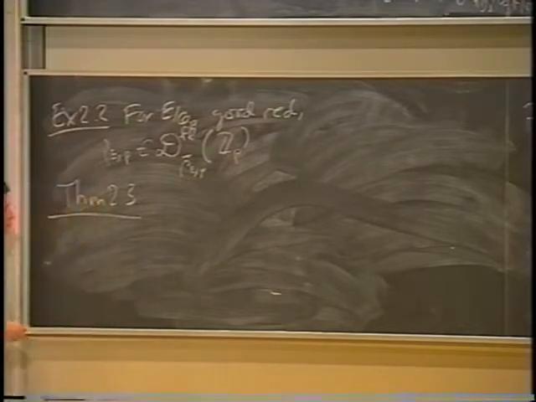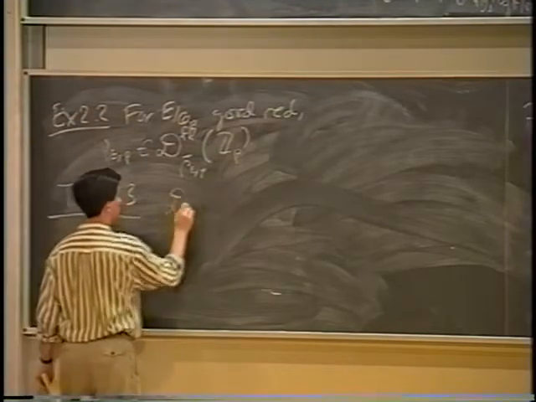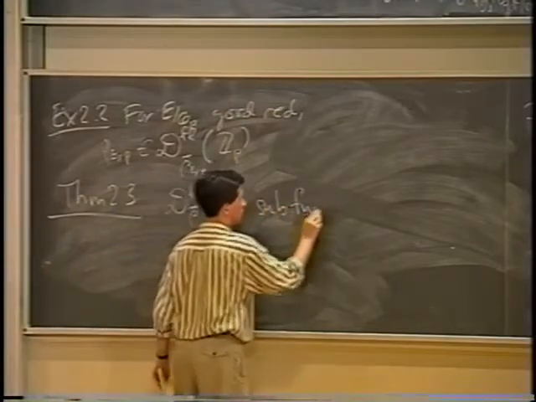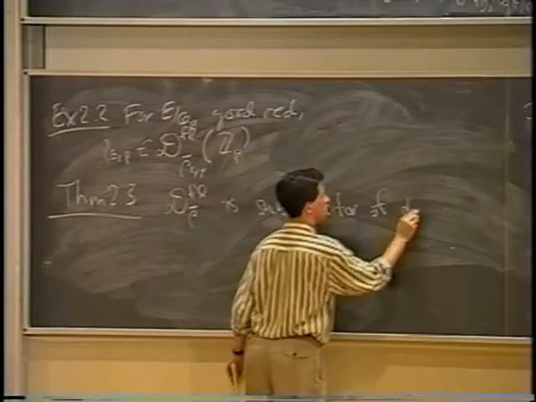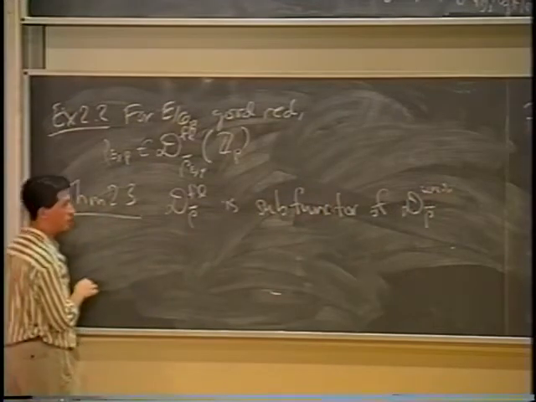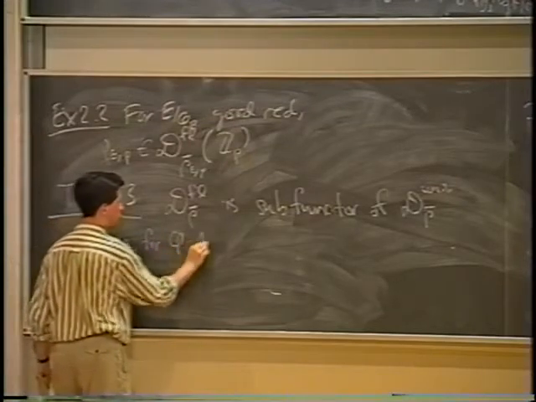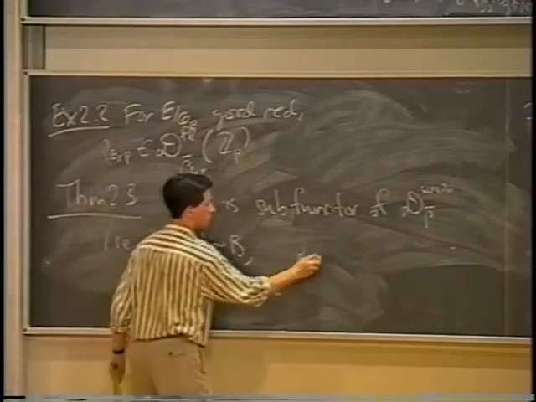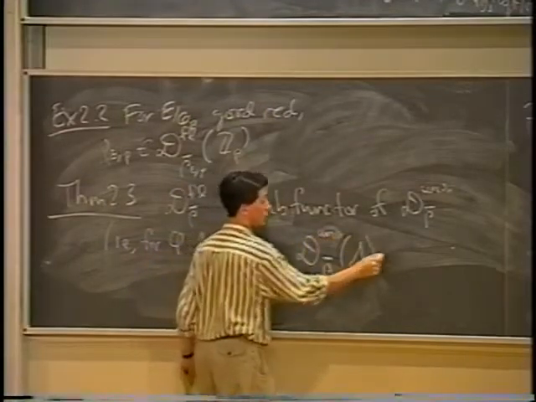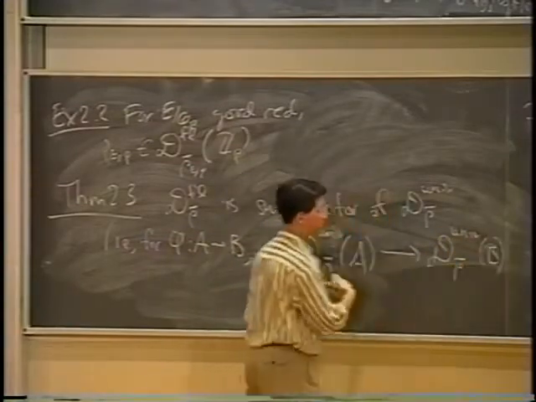Okay, so now we come to the first really non-trivial theorem along this line of reasoning, which is the statement that this flat thing is actually a subfunctor of the universal one. What does this mean? This means the following fact, which is not completely transparent: if we have a map of rings in our category CO, then any deformation up to A, we could think about as a deformation up to B simply by shoving the entries of